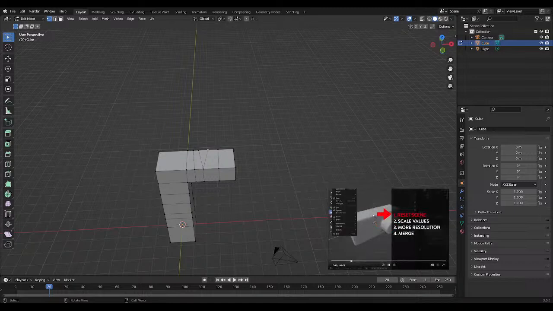For step number 1, we're going to reset the scene. Be sure to do this now. This new file is going to be the one that we're going to carry through the remainder of the course,